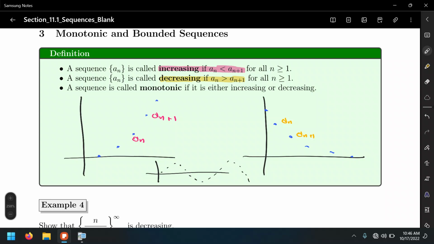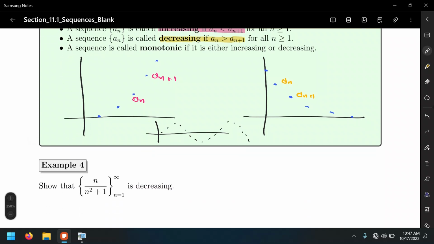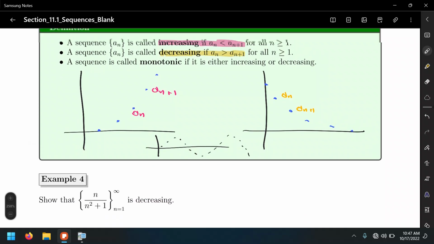If it becomes a sequence, we just get discrete values like the first term, the second term, etc. Notice how at some intervals it goes up, increases, then decreases, increases again, decreases again, and so in this case it's not a monotonic sequence, it's something else. All right? Now, for the next example,